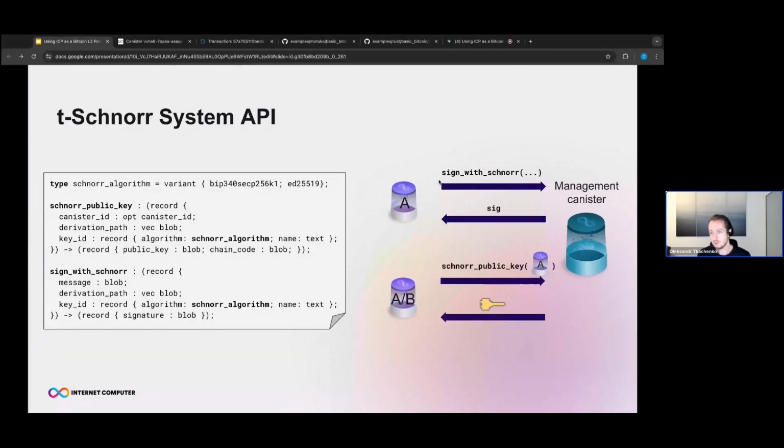But when the canister calls sign with schnorr, it can only sign for itself. So basically, it cannot sign for some other canister. It's basically impossible by design. And what happens here in this sign with schnorr? Some canister just says, I want to have this message signed with this key ID, root key ID, and some derivation path,